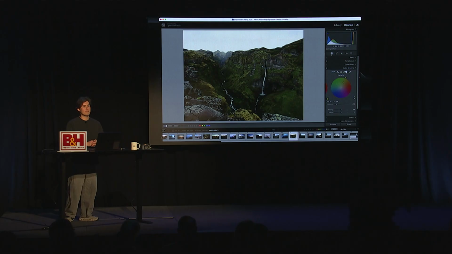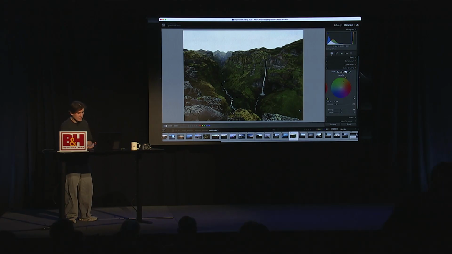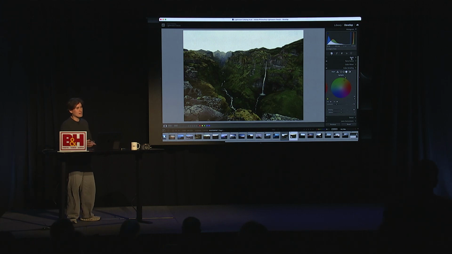I used to do a lot of work in the darkroom where you would test out prints by doing little strips. And I do the same thing with my print work. I will take this image and make a bunch of virtual copies, which you can do down here by creating a virtual copy. And then with this image, maybe I could add a little more saturation this time. So these images will look so closely identical on the screen. But then I will take these snippets, load them into Photoshop as layers, and cut out diagonals of these images. And when I send it through the printer, I'll look at which one